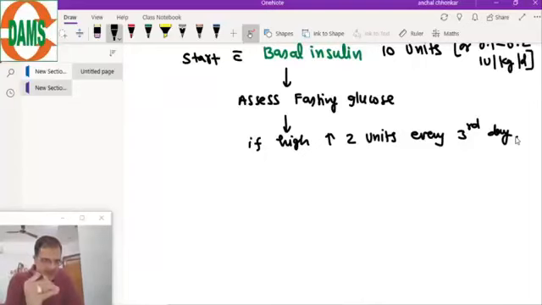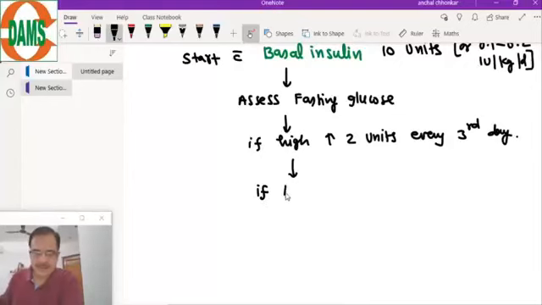So we start with the basal insulin of 10 units, assess the fasting glucose, and if the fasting glucose is still high, every third day we increase 2 units. We keep on increasing the 2 units. Now if targets are achieved, continue with that basal insulin, but if it is still not achieved,